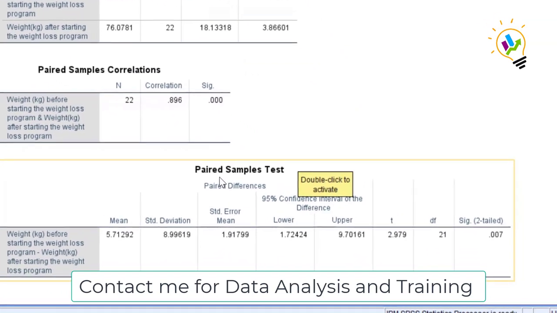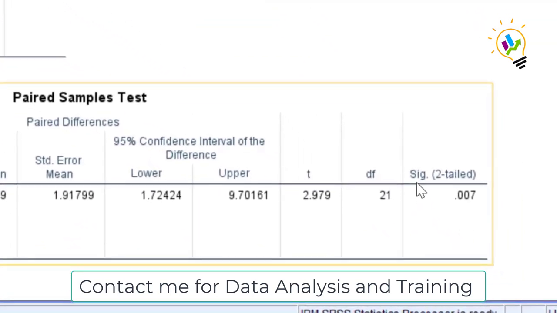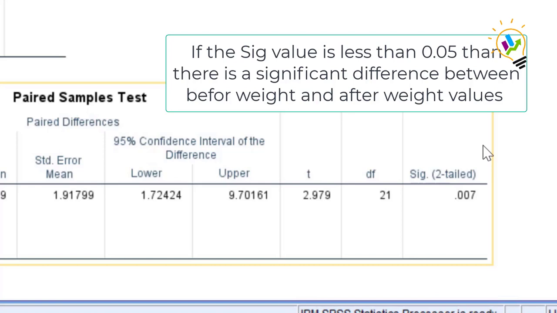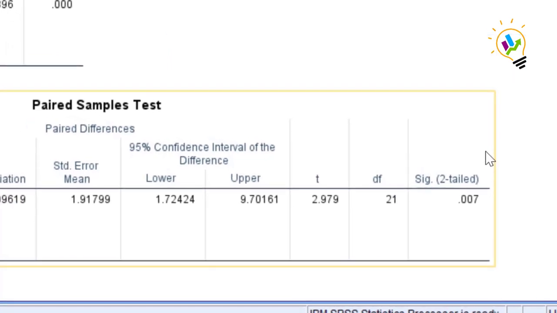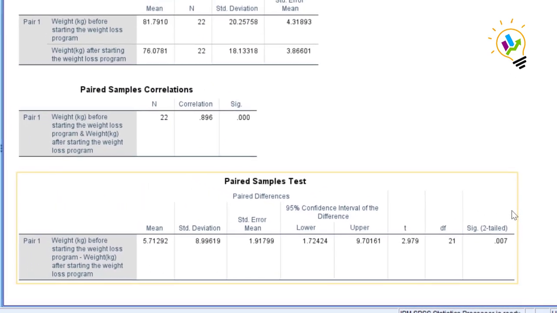Directly we can see this table, paired sample t-test. See the significance value. The significance value is 0.007. If the significance value is less than 0.05 at 95% confidence level, then we can conclude there is a significant difference between the before values and the after values.